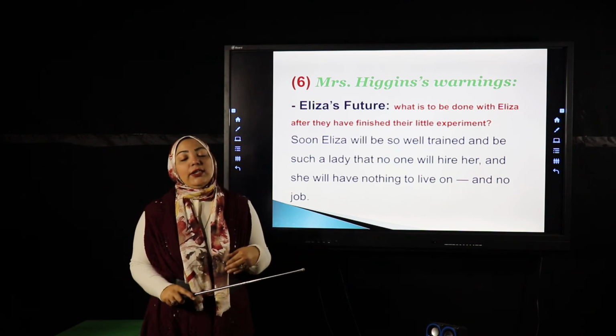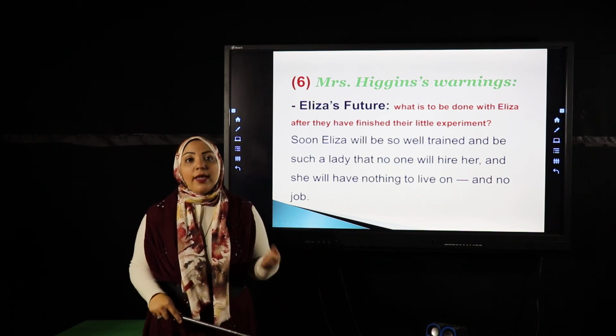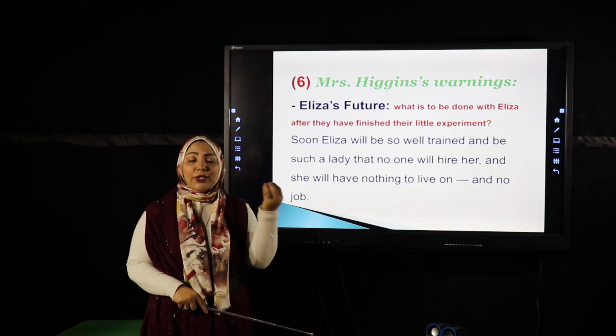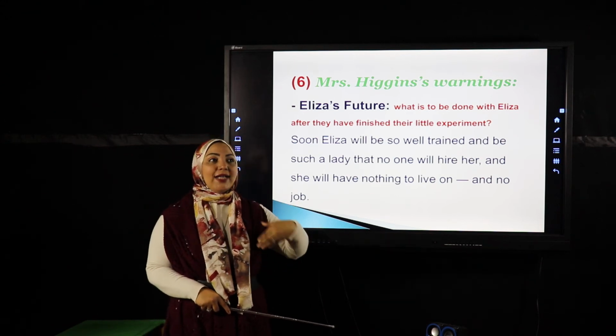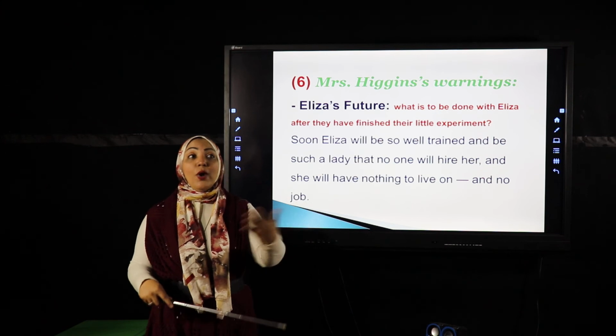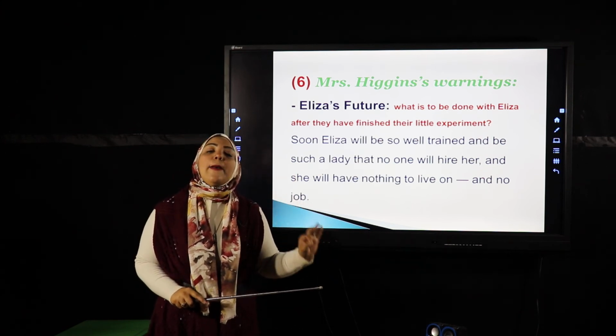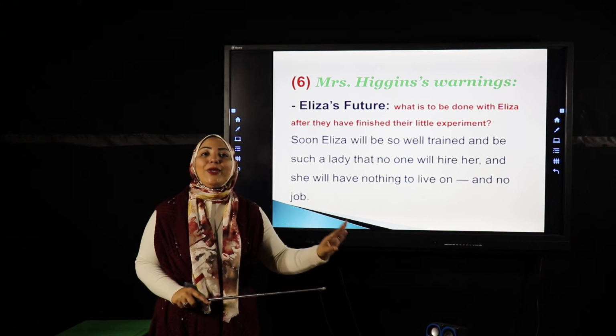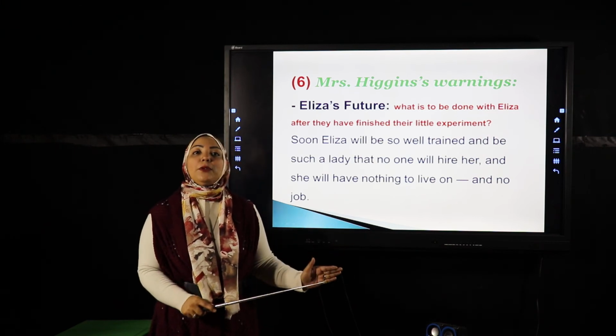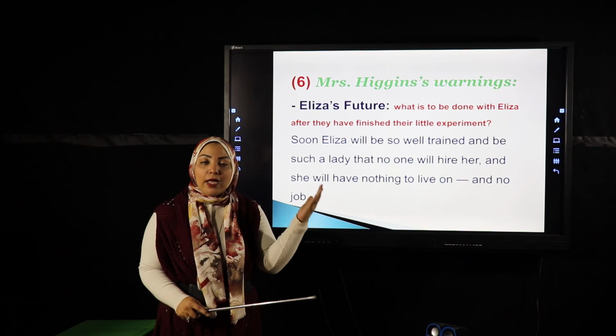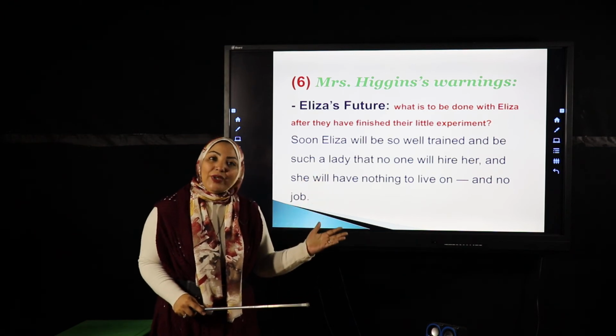As we said before, Higgins is a man of no emotions. He doesn't deal with Eliza as a person who has feelings, a future, a character, or ambition, nothing like this. He just deals with her as material or as a subject for his study and his experiment. So he didn't bother himself thinking about what will happen to Eliza.